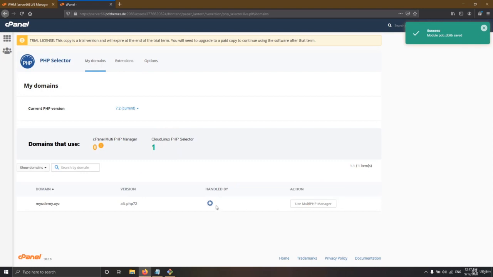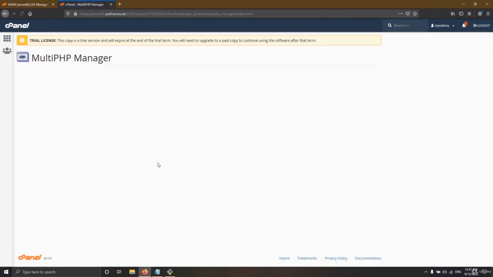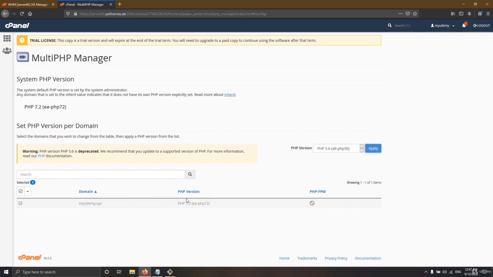And you can see I can change this. Right now it's handled by Cloud Linux. If I want to change it and handle it by Easy Apache 4, I can go into cPanel in Multi-PHP Manager. If I select this and use some EA, these are Easy Apache and alt are the versions of Cloud Linux. If I change this to Easy Apache EA, which is handled by cPanel's own default PHP management system,